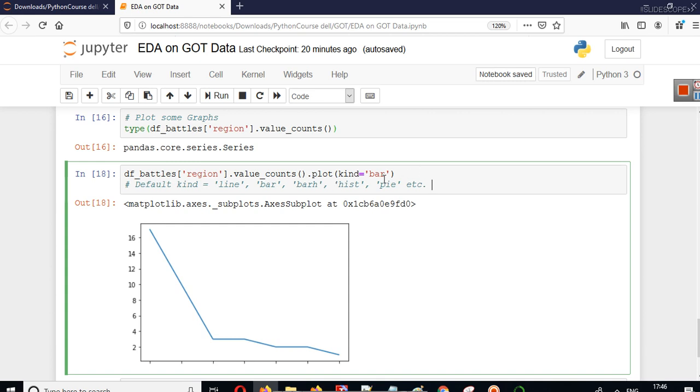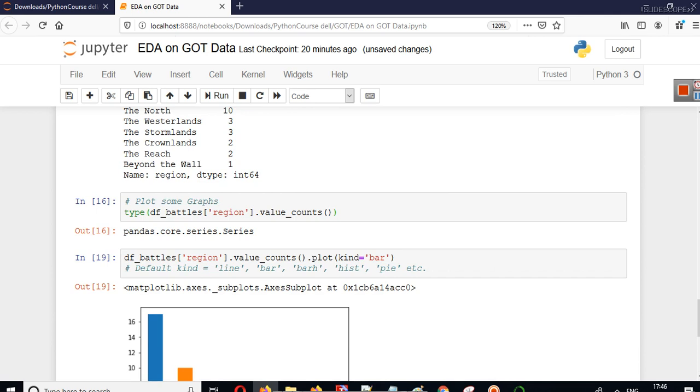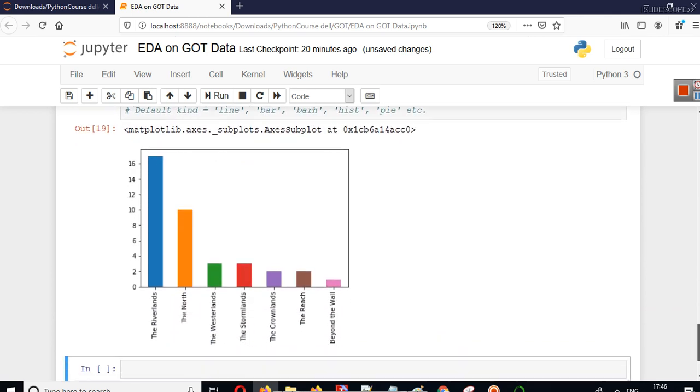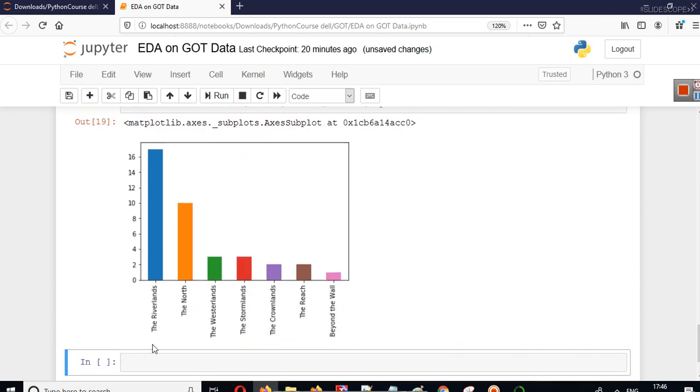Now when you do kind is equal to bar, you will see a different plot here, and now you can see we have the Riverlands having the most number of battles, the North having the next number of battles, and so on.